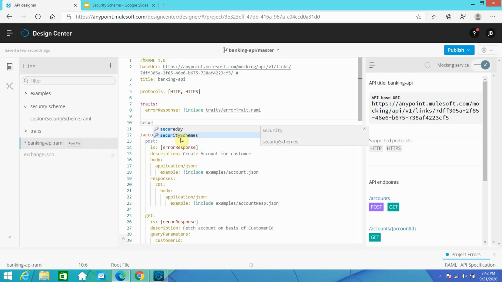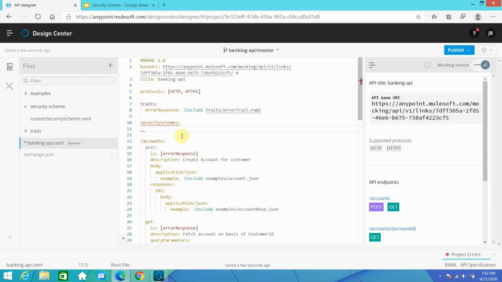Okay, you can see security schemes. Now in security scheme I will give some name. This name can be anything. I can give security custom scheme, and here I have to give the path of that particular file include, and I can say